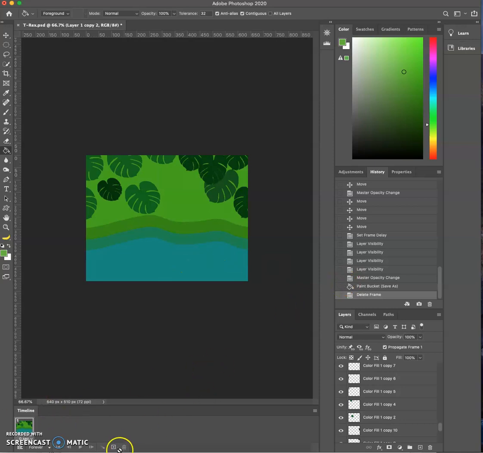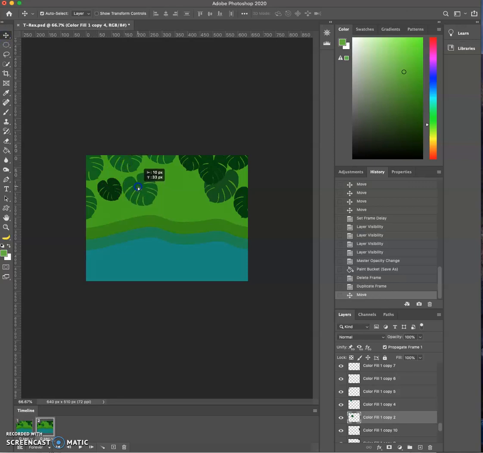So, my next frame, the first frame, don't do anything. Don't try to move anything, just leave it as is. The next frame is when you want to do everything, because whatever happens in the first frame will happen throughout all the frames. So here, with the first frame, I'm going to start to move my leaves a little bit,